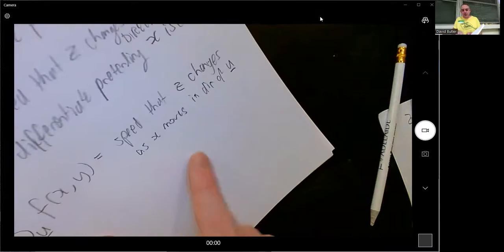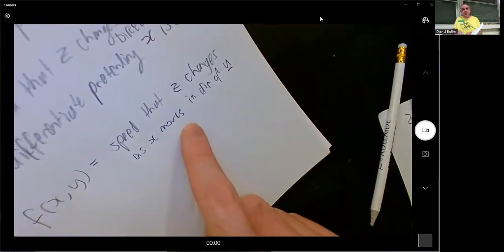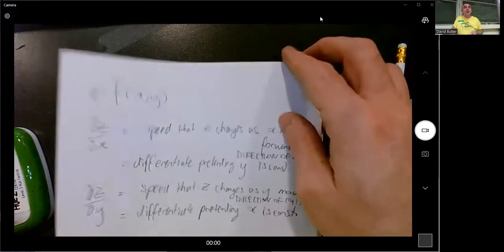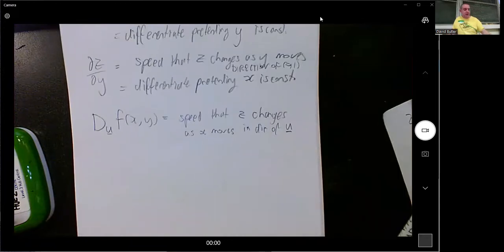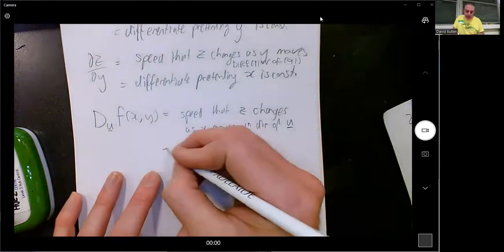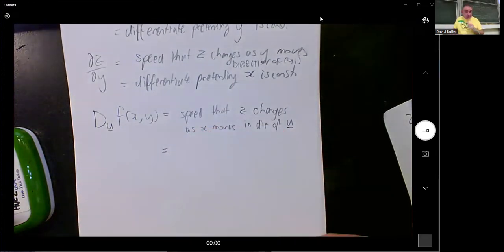If you want to move this direction, you can go this way and this way separately and it'll work out the same. It won't work necessarily on a curved surface, but it works very well on a flat surface like a plane. And if you're very close to this surface, it will feel flat. And so that's what we're doing. That's what derivatives are all about. And so what will happen is you're going to get